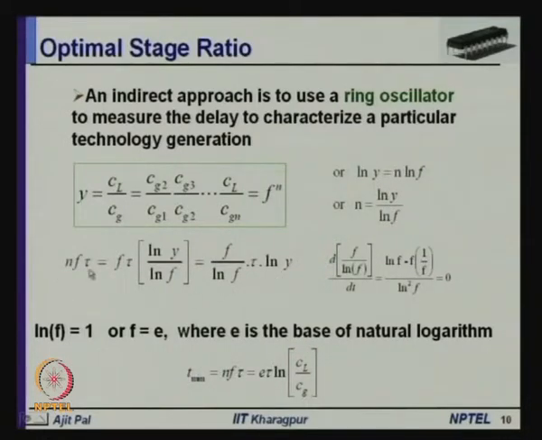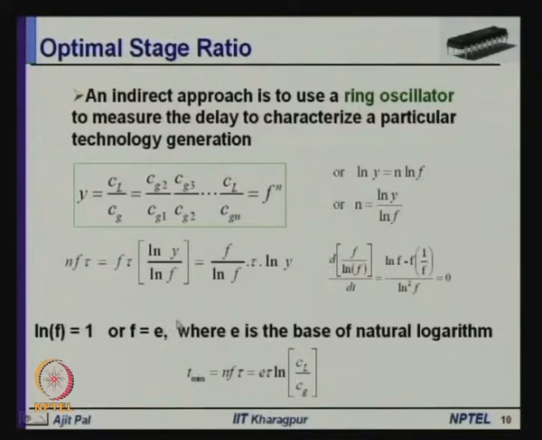Then we can differentiate it and make it equal to 0. Whenever you have to get the minimum value, the standard practice is to differentiate it and equate it to 0, and if you do that, we get the value of stage ratio f equal to